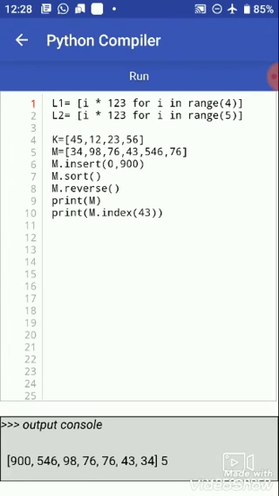There is a program where we can find maximum values and minimum values in a list. So let's run that program also.